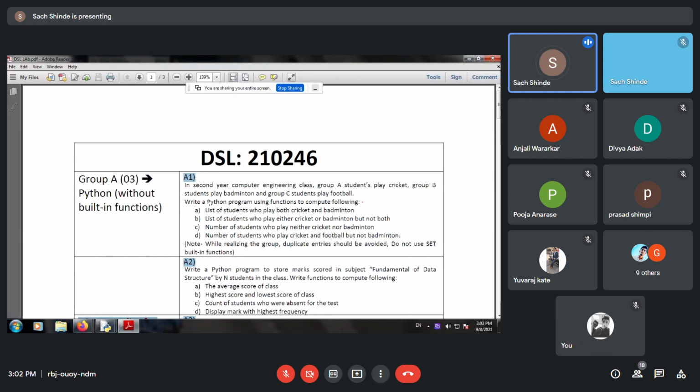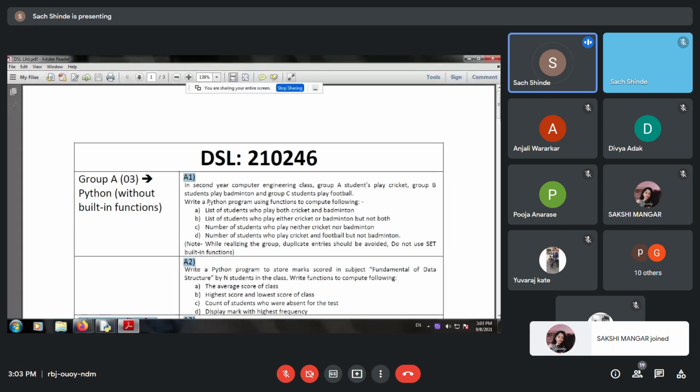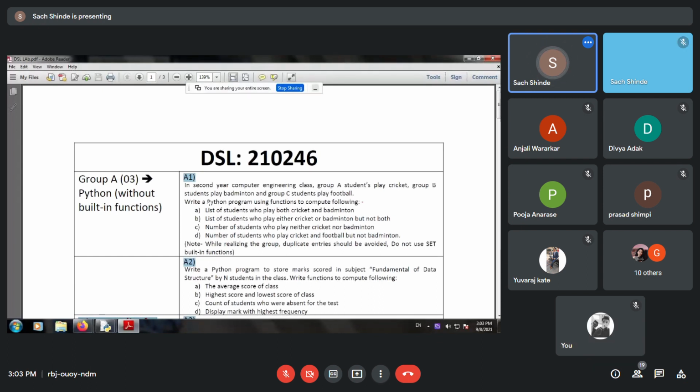Now, when we design a query very program specific, we say it is not a good programming approach. So what we should do is arrange the program in a systematic way. Looking at the queries, the first is the list of students who play both cricket and badminton.